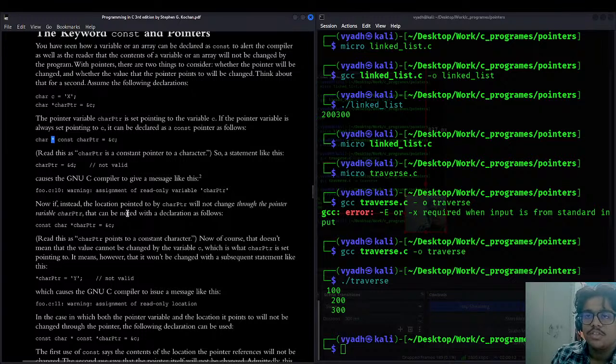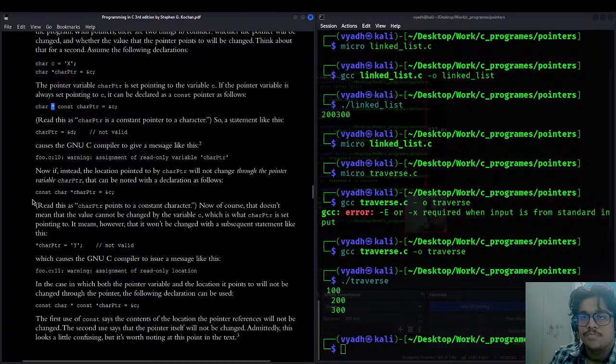Now if instead the location pointed to by char ptr will not change through the pointer variable, that is declared as const char star. Read this as: char ptr points to a constant character. Char ptr is a constant pointer to a character, and in the other case, char ptr points to a constant character. So this time the character is constant, but in the earlier case the pointer was constant.